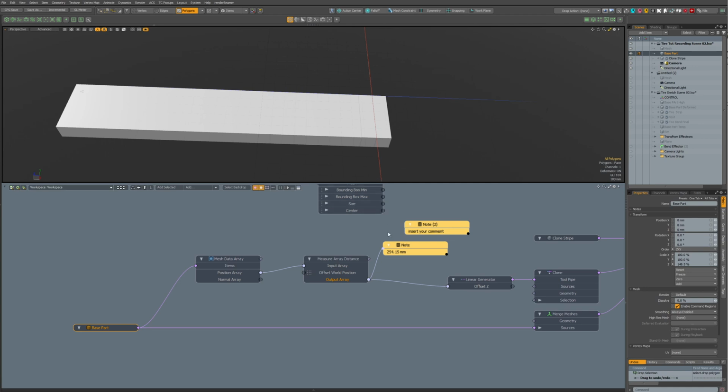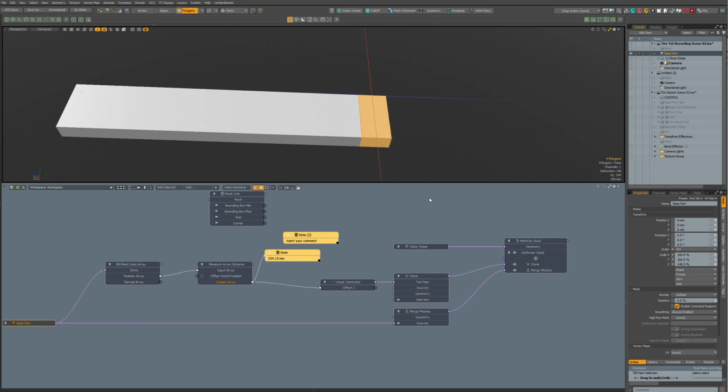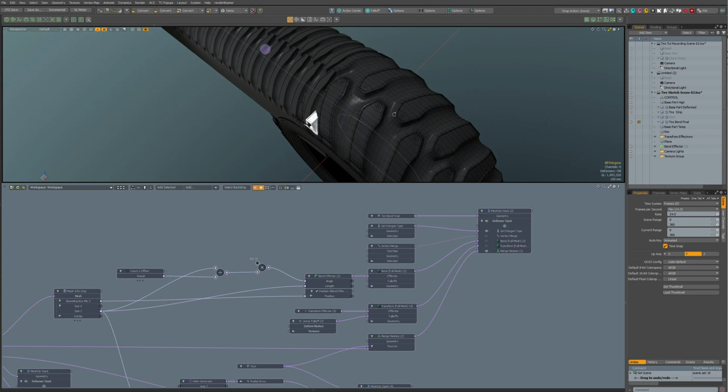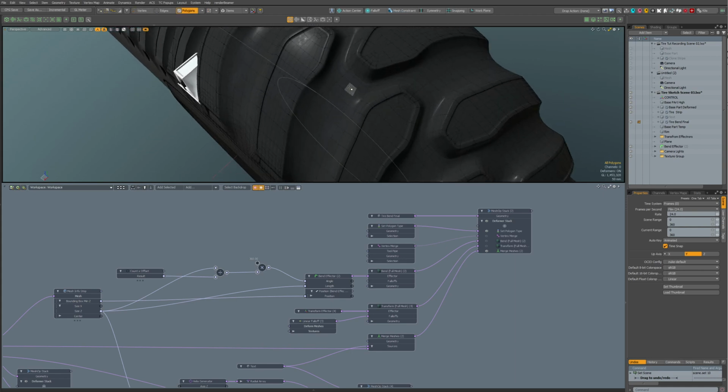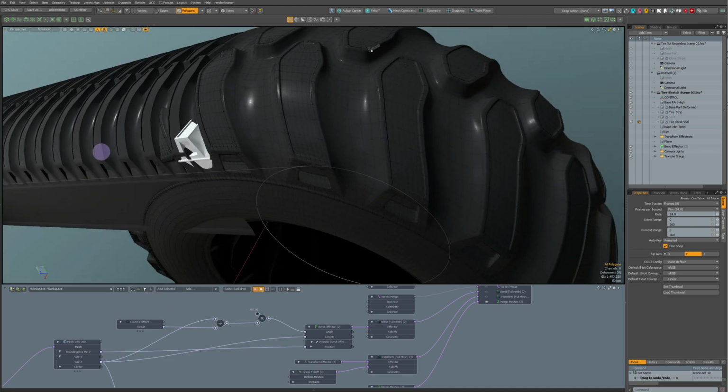But as we see, we can't do it like this because let's check this mesh, because as we see they overlap and it's not symmetrical.